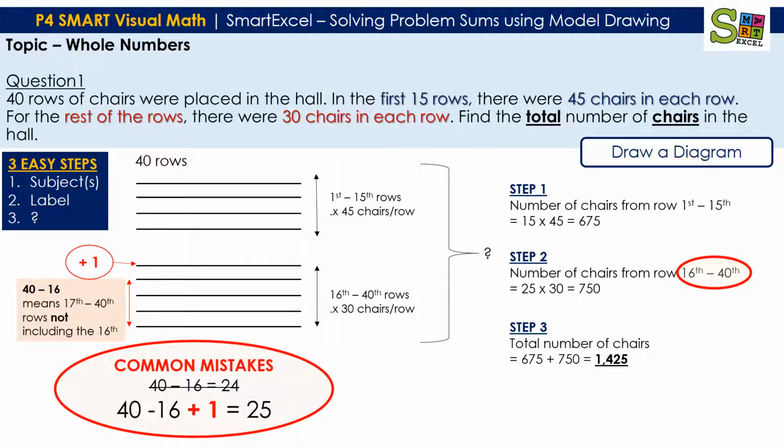For students who might not be able to grasp the plus 1 concept, if the number is small, in this case the number is small enough for them to count. So get them to count from row 16 all the way to 40, and they will soon realize that the answer will get to 25 rows. So from there, they can take the total number of rows, multiply by 30 and move on from there. So take note of the common mistakes